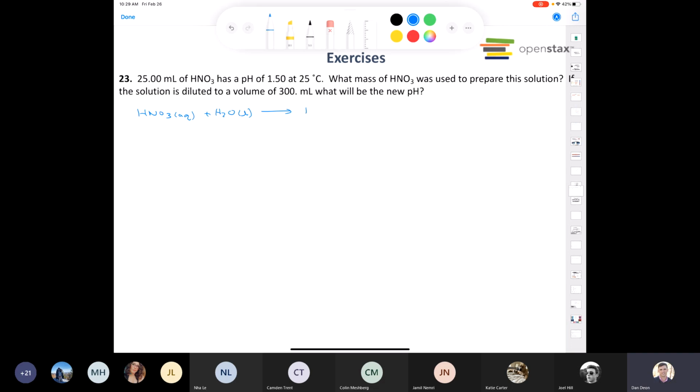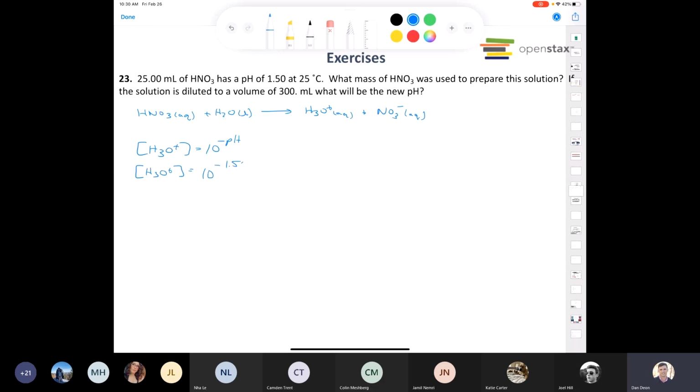If it's strong, it's going to 100% dissociate into hydronium ions and the nitrate ion. So based off of what we learned, since this is going to dissociate completely, if we want to know the concentration of the hydronium that we have at equilibrium, it's going to be equal to 10 to the power of the negative pH. Again, because it's a strong acid, the concentration of this initially is going to be equal to the concentration of that at equilibrium. So we say that the concentration of the hydronium at equilibrium is equal to 10 to